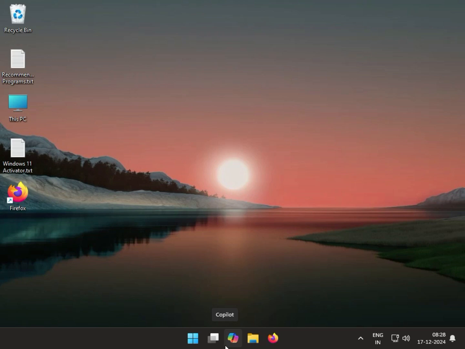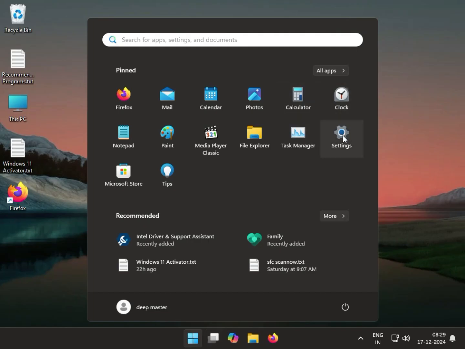So guys, camera, it's not working, getting some error. So how to fix? First method, guys, check camera permissions. Click on start, go to settings,